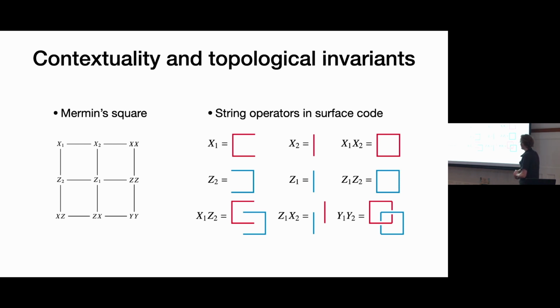And so, right, when you look at taking these products, you get just these stabilizers and some way of measuring through them, but such that it breaks things up to give you this twisted product when you measure this bottom right-hand corner. And what this does for you is that it puts this -1 that's doing all the work in this square and embeds it into a topological invariant rather than just being some -1 coming from an X times a Z. I mean, it is still coming from an X times a Z, but if you measure that with respect to a state, it has some universality throughout a phase.